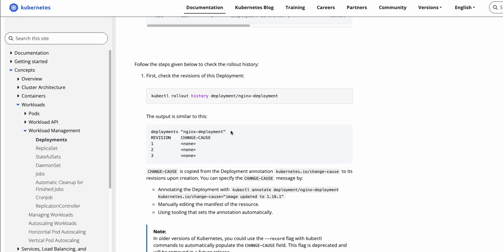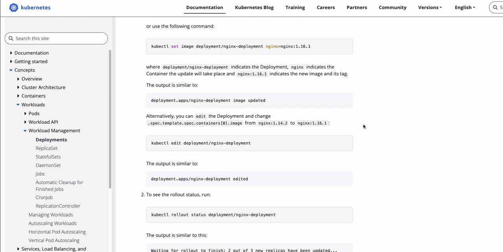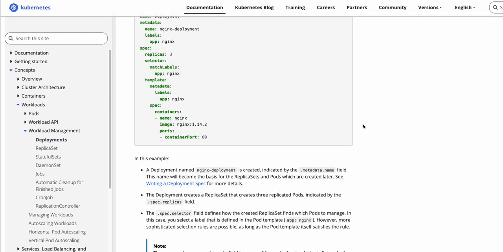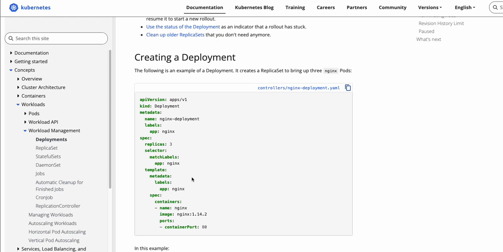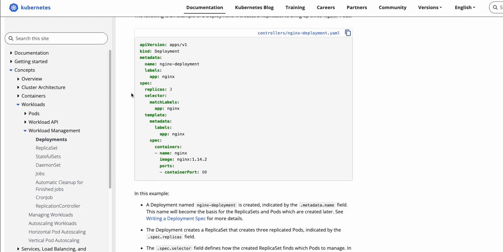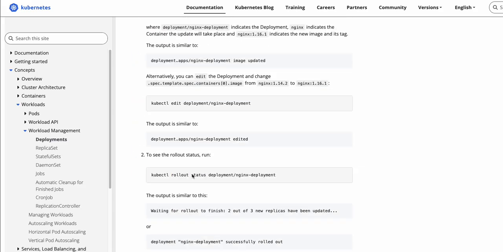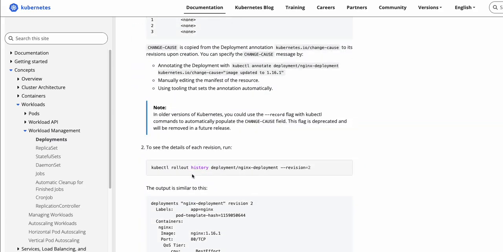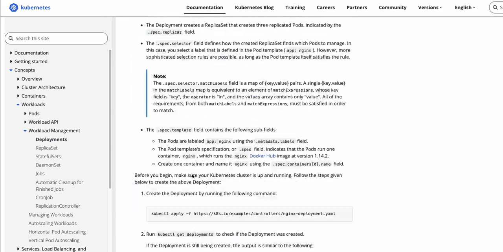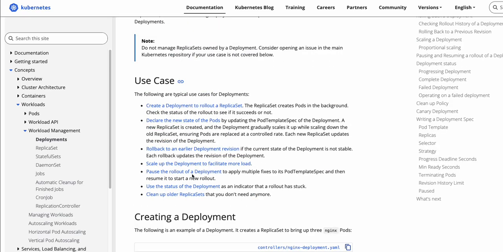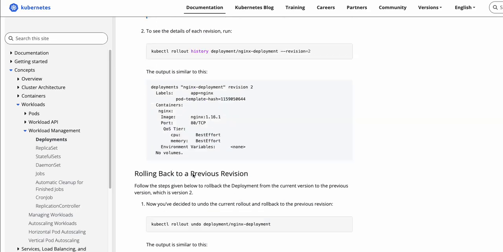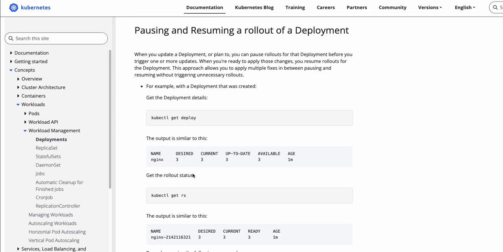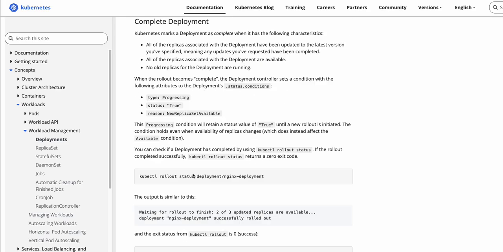So I'm in this deployment page, and there is a manifest that you can copy and use, but what I am looking for, because it has specifically asked for the strategy type, the very first example does not have any strategy type. So I'm going to look further in the documentation to see if there's any strategy type in here,